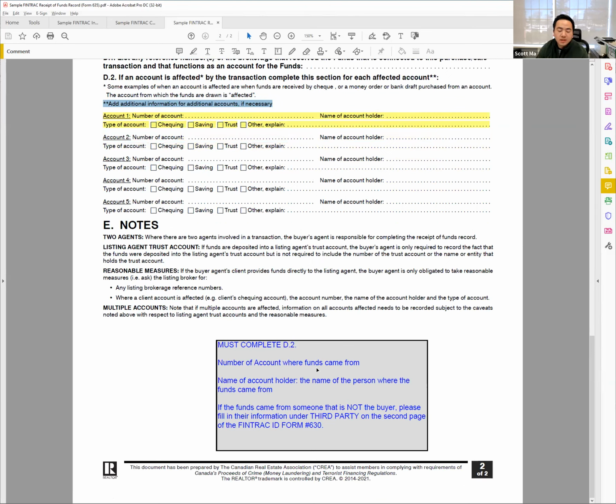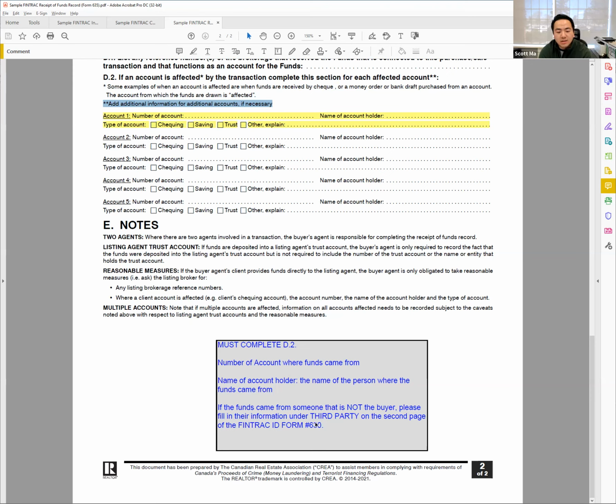D2 must be completed any time you've received funds. I think a lot of agents may have forgotten about D2. They fill out the other sections, but you really do have to fill this out. So the number of the account where the funds came from, the name of the account holder, and if the funds came from someone who's not the buyer, you have to fill out their information as a third party on the form 630. So for example, if your client is,